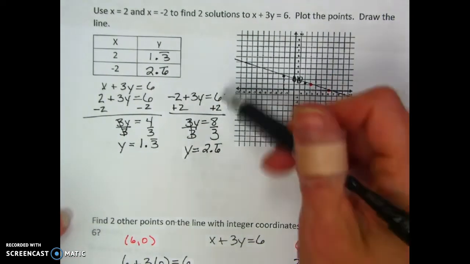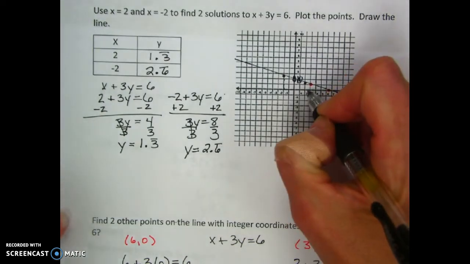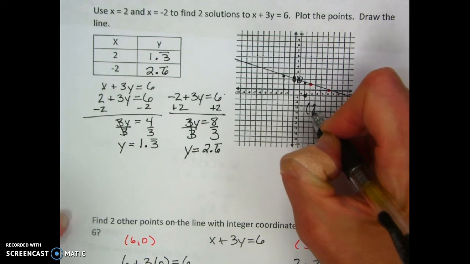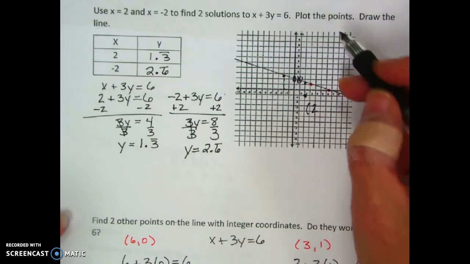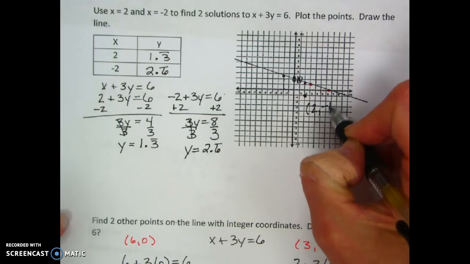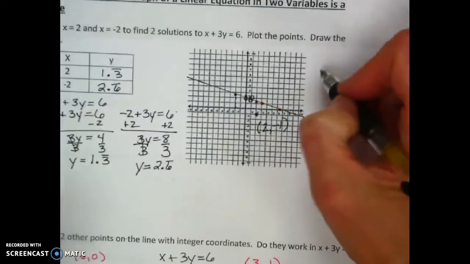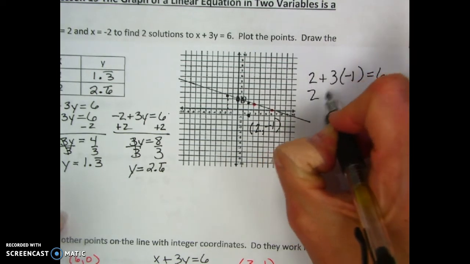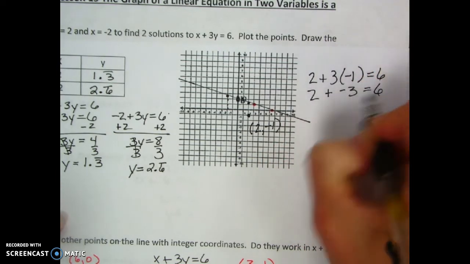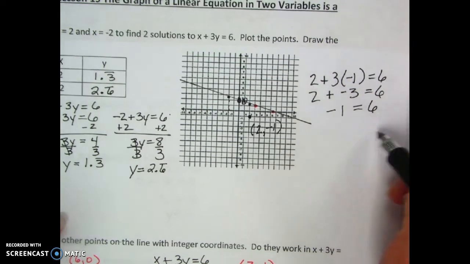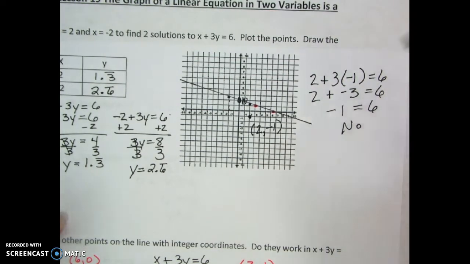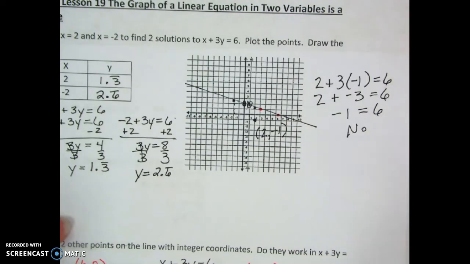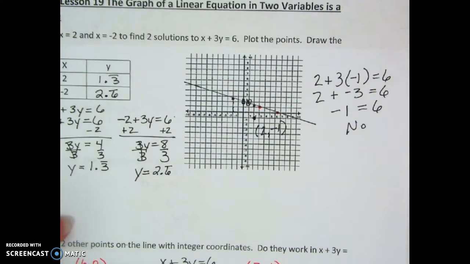If we were to pick a point that wasn't on the line, let's just say we pick 2, negative 1. It's not on the line. Do you think it would work in the equation? Okay, we're going to try it right here. If I pick 2 for x and negative 1 for y, and I work this out, I do not get a true statement. So it is not going to be on the line. If it's not going to be on the line, it's not going to work in that equation. It has to be on that line to work in that equation. All right,